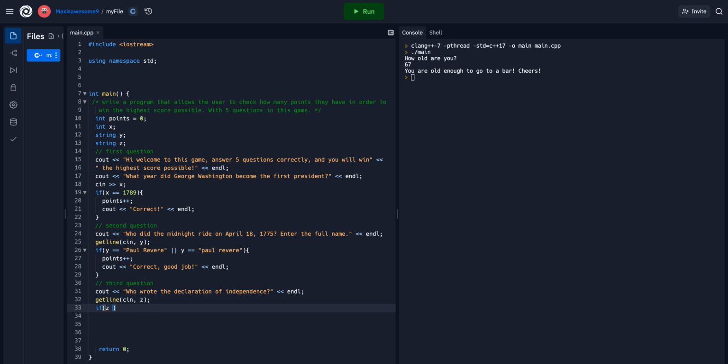If z is equal to Thomas Jefferson, or z is equal to Thomas Jefferson, I'll fix whatever that is in a bit. Okay, so points plus plus, and then